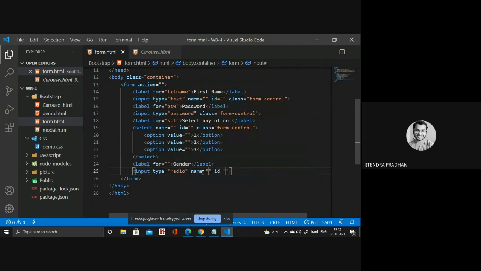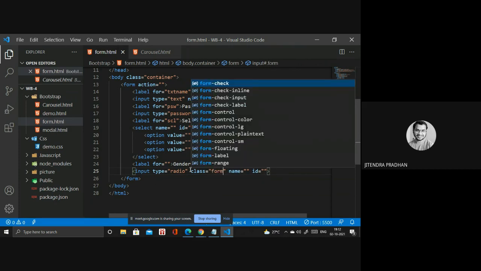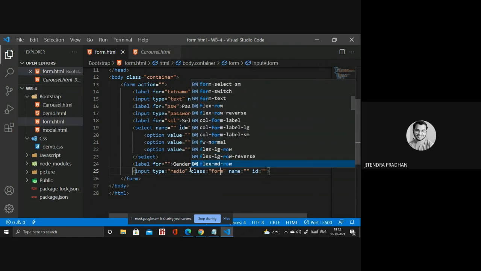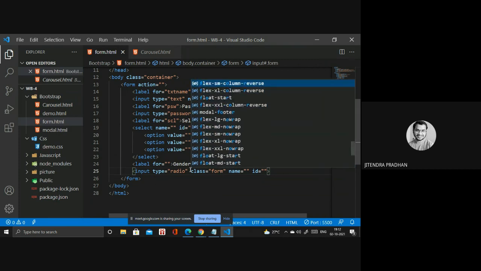So inside we have classes. Form check, form inline check inline input, label, color, label, range. We have select, switch, row. Okay, I'll be using check. Let's see how check looks like.